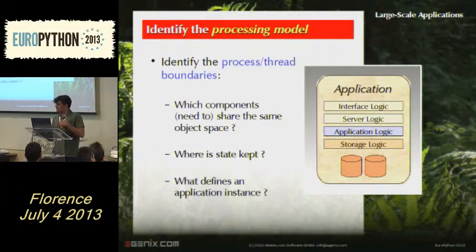Whereas state is something that usually depends on the user interaction with the system. So you need to make sure that the state is kept in that place where you actually need it. And you also need to make sure that state doesn't leak into areas where it shouldn't be. I'm going to talk about that later on a bit more. And then of course you need to define what an application instance is. Application instance basically means that you take your whole application and you can instantiate it multiple times. This may sometimes be necessary, may sometimes not be necessary. For a GUI application, for example, you just have one instance, but for other applications you might have multiple instances.